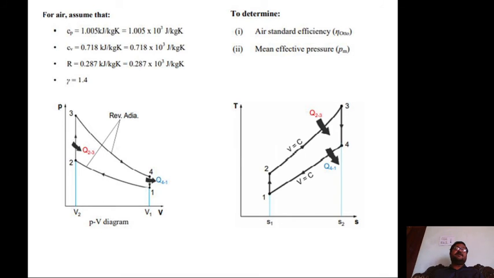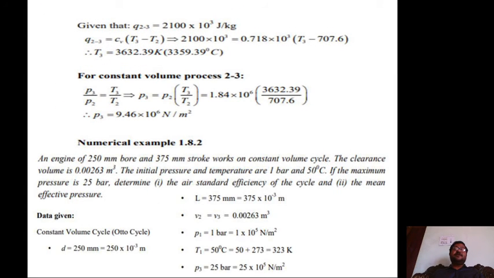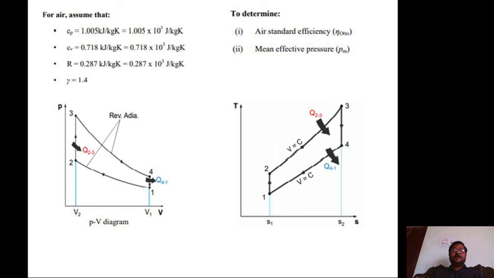After that, for the assumptions, he has not given them in the problem. In this problem, he has not given the Cp value, Cv value and gamma value. You must assume them for this problem. That is the important clue for this problem, because in the previous problem he mentioned the Cp, Cv and R values. Cp value is 1.005 kilojoules per kg Kelvin, Cv value is 0.718, and gamma, if you divide Cp by Cv, you will get 1.4 for air. But here he has not mentioned those values. You must remember that, and you must write it in the examination.